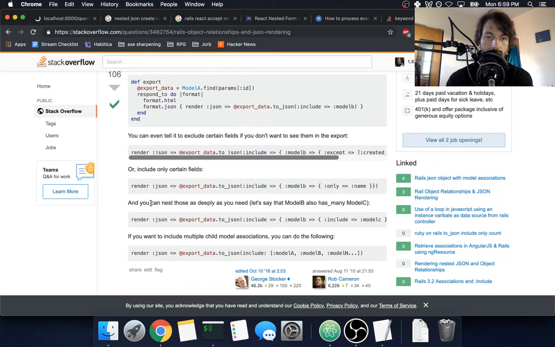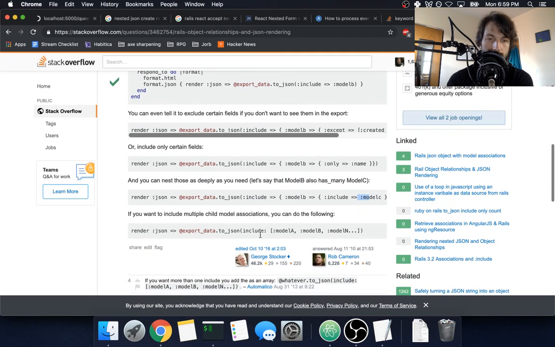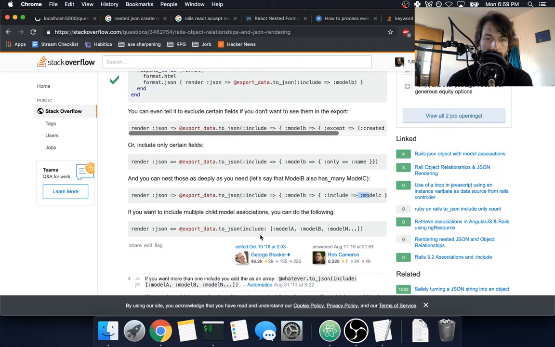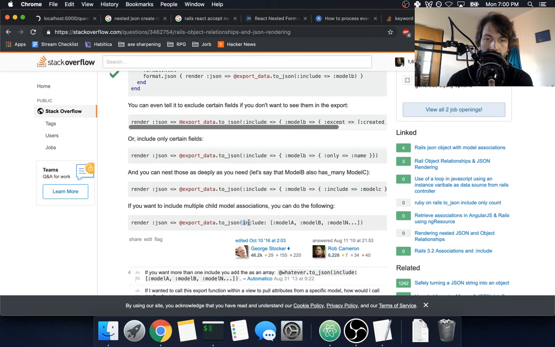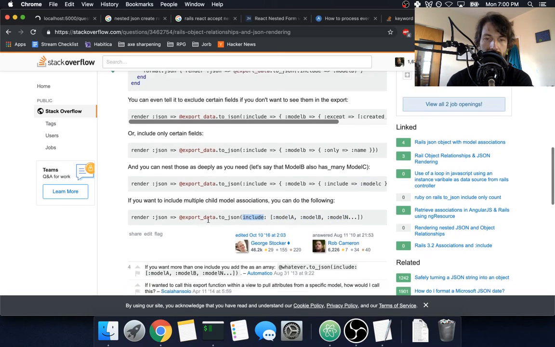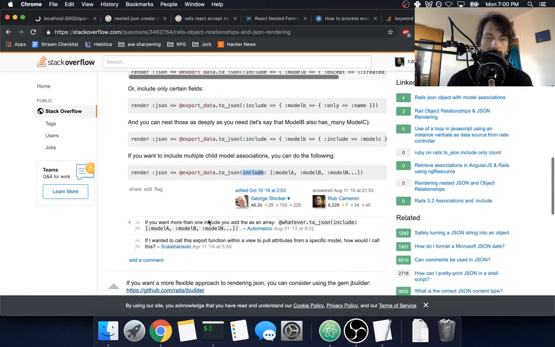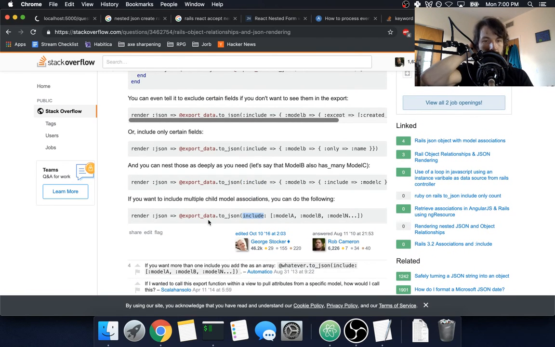And you can nest those as deeply as you need. Let's say model B also has many model C. So include model B, include model C. If you want to include multiple child model associations, do the following. Include and then pass an array of model A, B, model N. Interesting. Yeah, I think this is exactly what we want. So